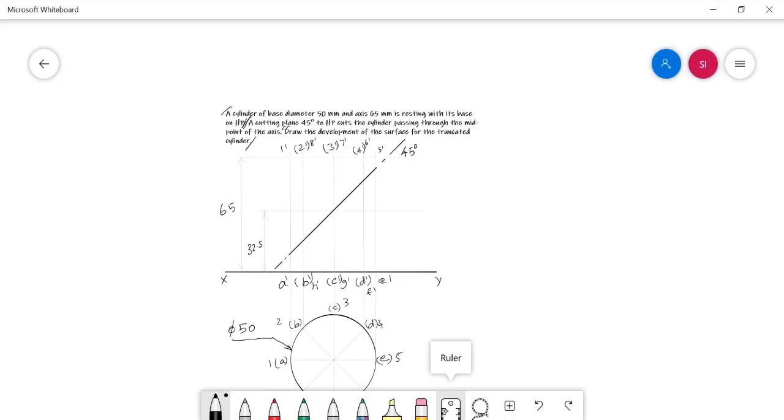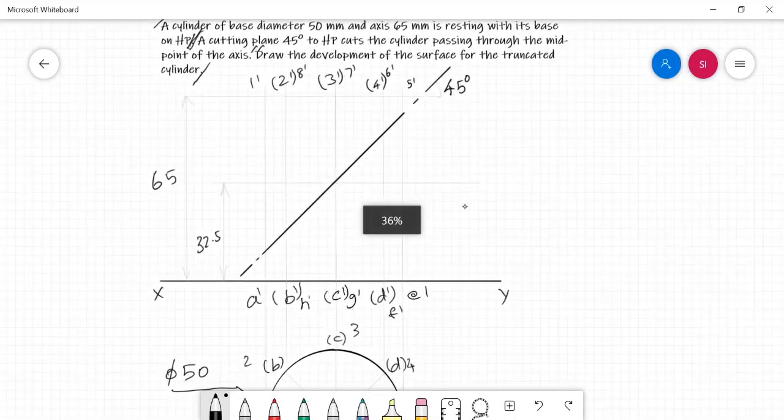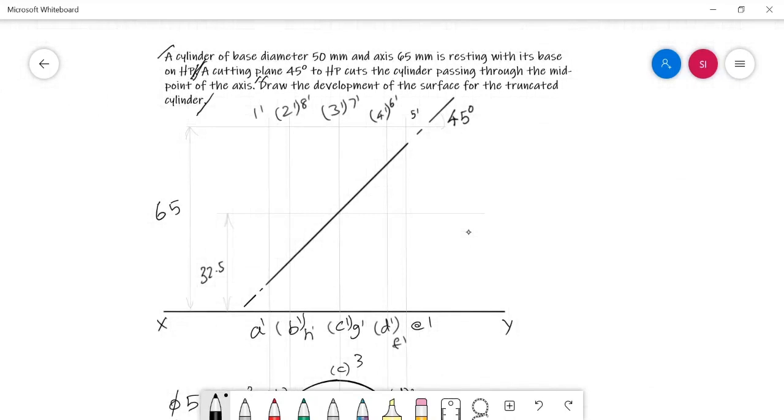And like the prisms, here also we can mark the cut points wherever the cutting plane intersects the generators of the cylinder. Start to travel from the left extreme point of the cutting plane. Here the first intersection is there. It is 1 dash A dash. Only one generator, 1 dash A dash, is attacked by the cutting plane in this part, so I need to give only one cut point, say it is P dash, and then start to travel.